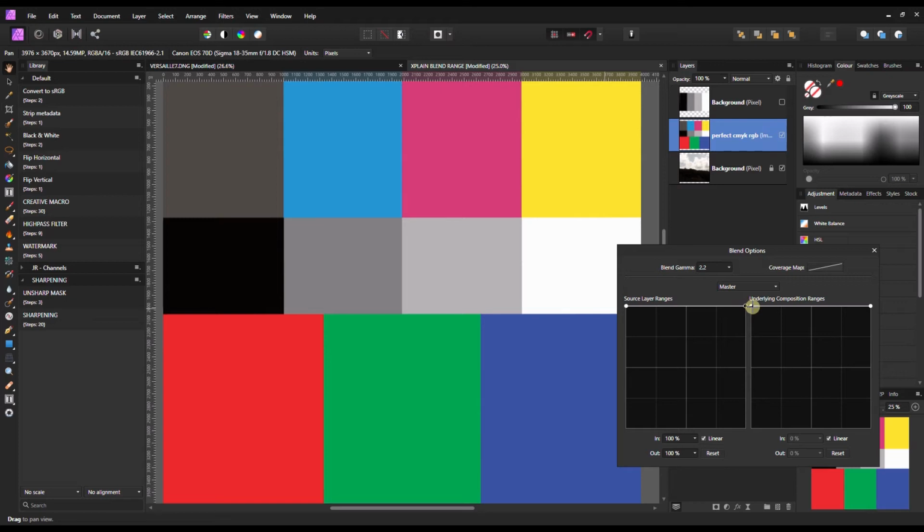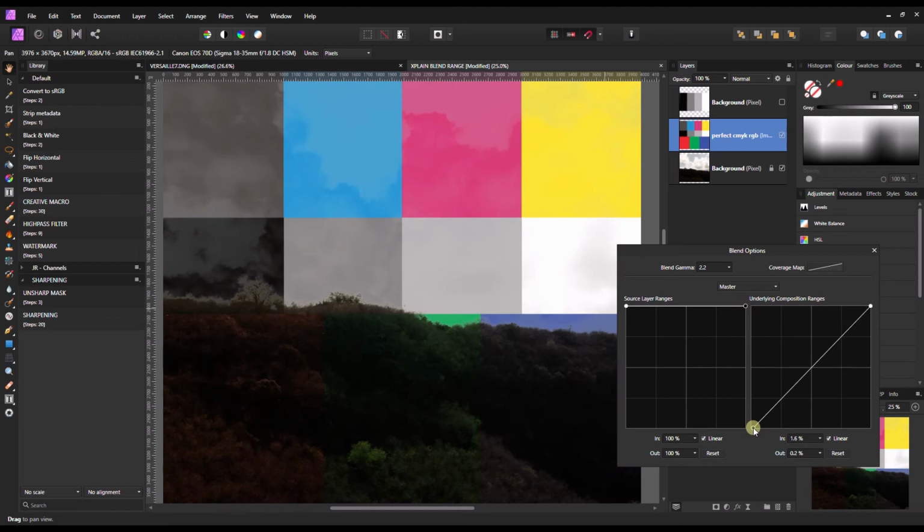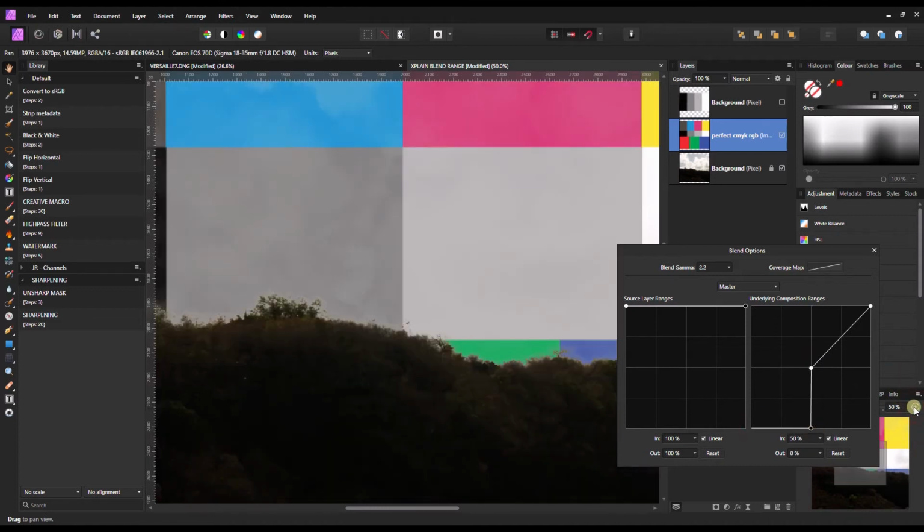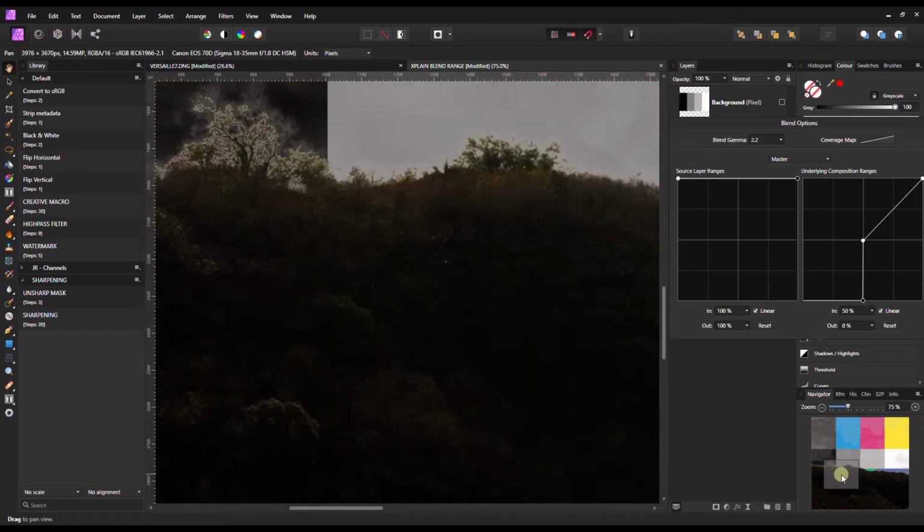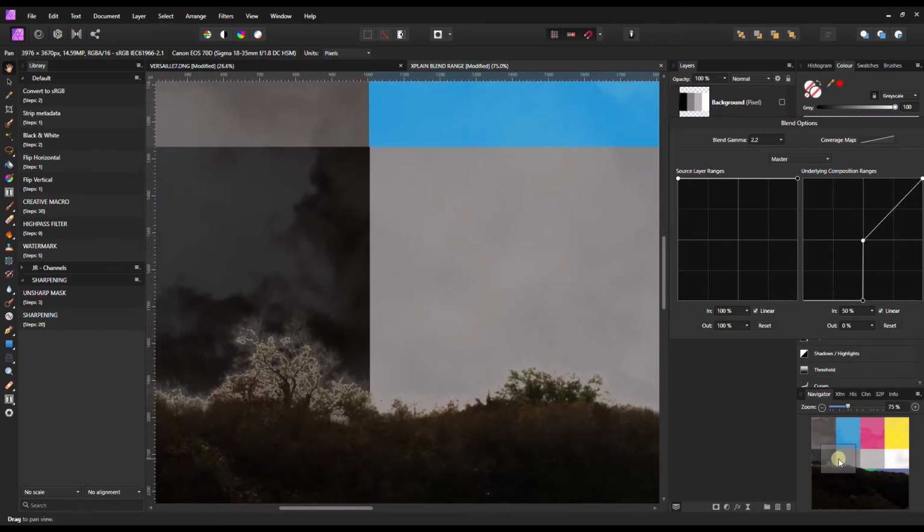If you pull down the underlying composition range, this one on the left, from the top to the bottom, you're almost making sure that this photo is not being applied on the dark part, and only remains on the bright side. So I'm going to fine tune it and make sure that this photo doesn't exist on my dark foreground. I'm going to zoom in to show you exactly what this is doing. You can clearly see the dark part got nothing. This photo is only remaining on the brighter area. Even the tree, making sure that this only exists on the bright side, not on the dark side.